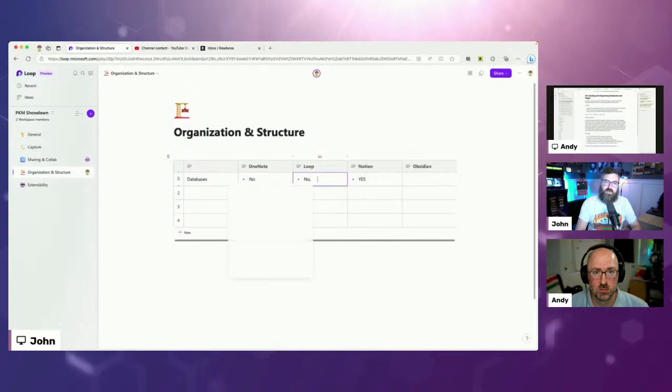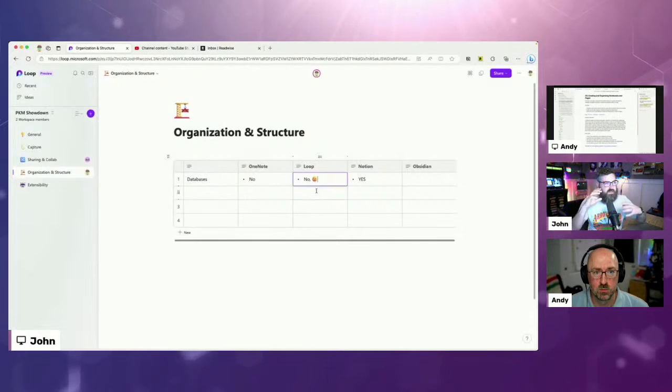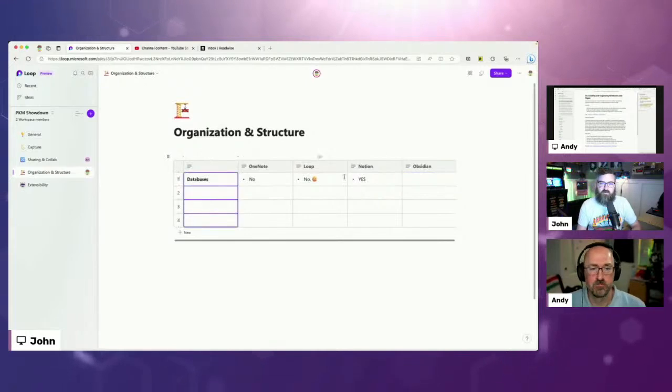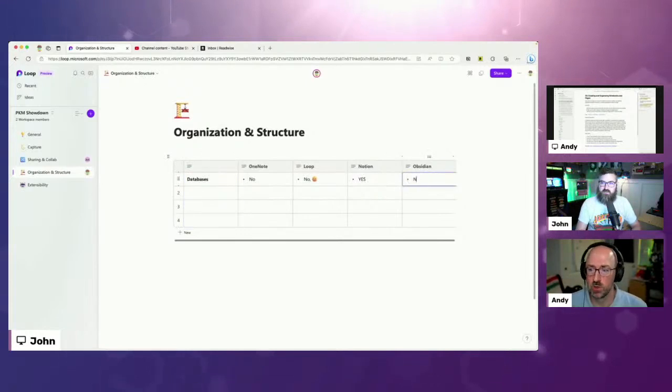Now, this one I feel is especially kind of a bummer in Loop, because Loop feels Notion-y, so people I think are expecting, if I make this table right here, why can't I have a database? Why can't I have a connected table that is referential and things like that? What about Obsidian? Do you know about that one? And then we can demo it. No, there's no databases in Obsidian.